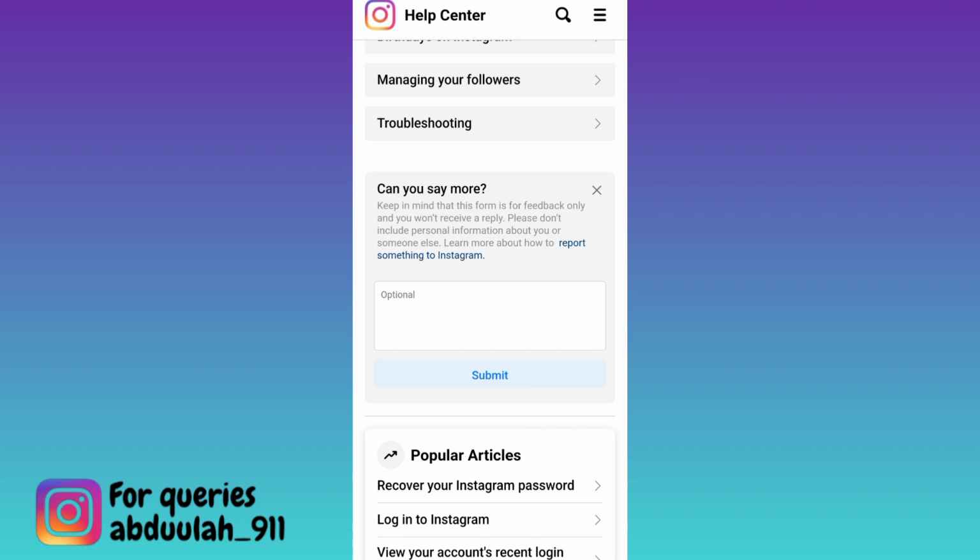Now in this box you need to briefly state the issue that you are facing. You have to provide all the details why you deleted your Instagram account. Once you have done that, tap on submit, and after you click on submit, within the next 24 hours your deleted Instagram account will be